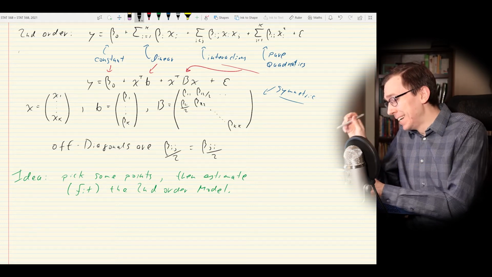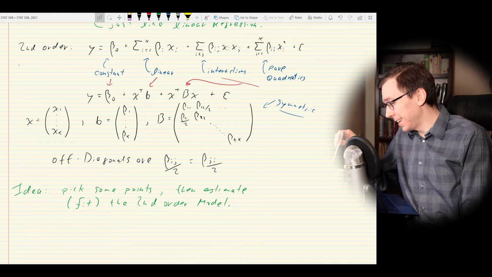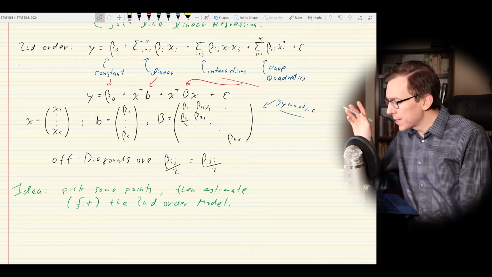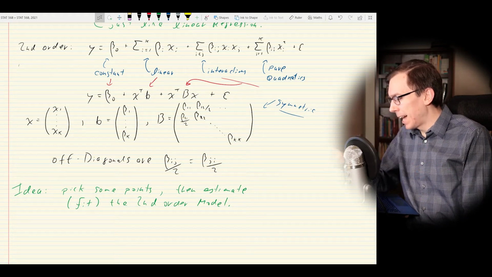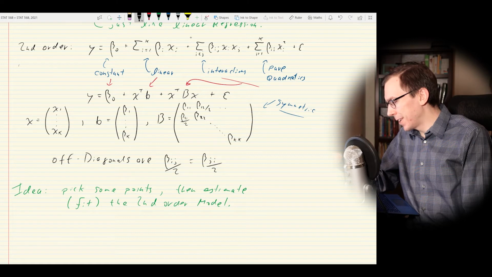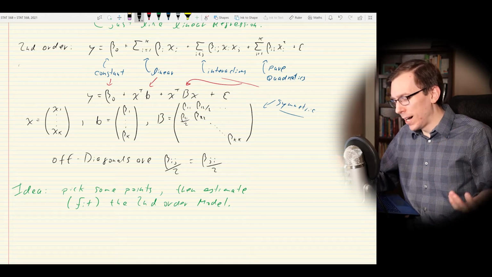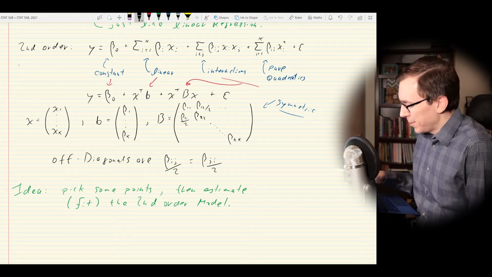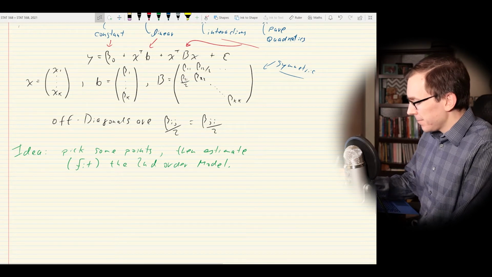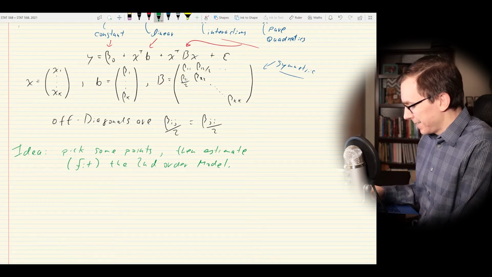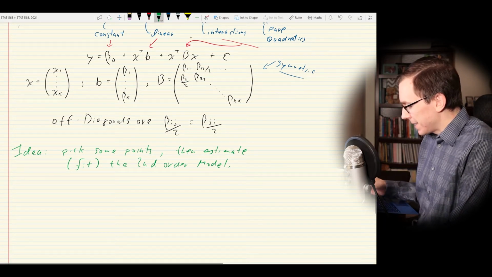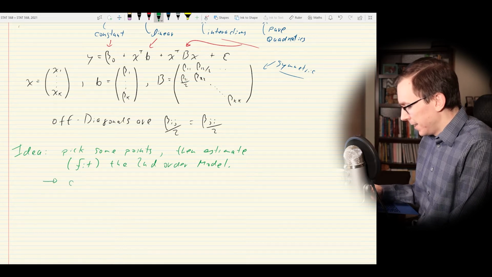But strictly speaking, this entire thing is still a linear model in the sense that I have k inputs here, I have k minus 1 choose 2 here, and I have another k inputs there, and I'm linearly combining them to get the response y. So ultimately, given the data points, when I say fit a second order model, I mean compute